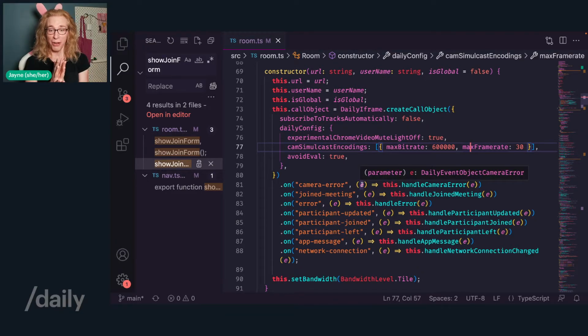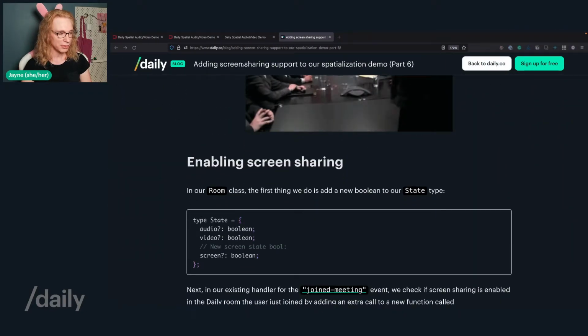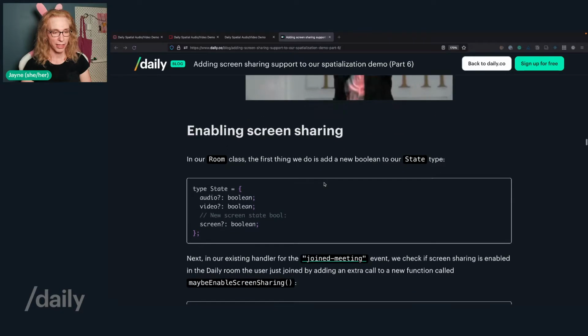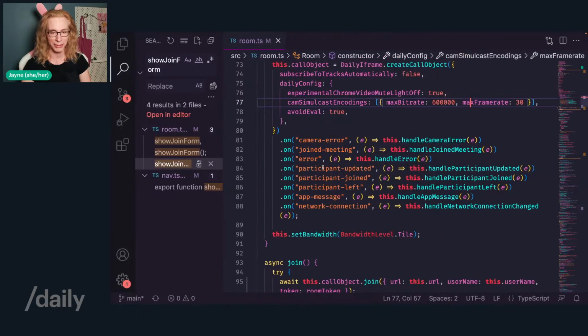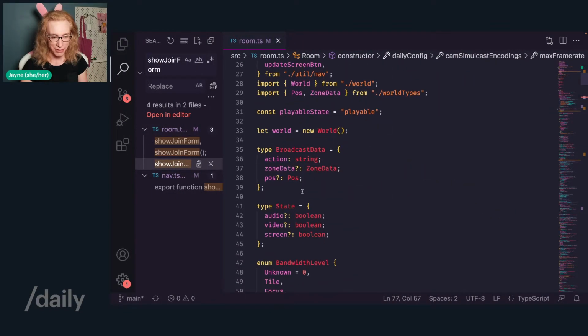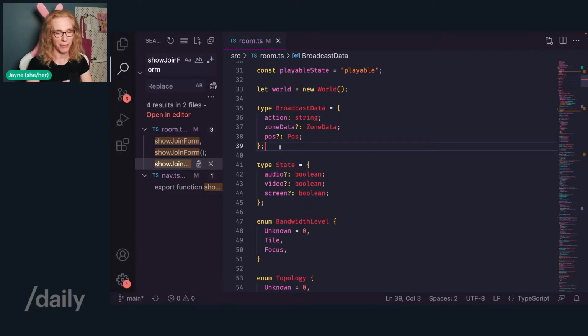Anyway, what we're talking about, rooms, yes. Let's go into the room's details. So in our room class, the first thing we do is to add a new boolean to our state type. So we have this type, which is a TypeScript thing. If something has this type of state, it can have an audio, video, and now the new thing is a